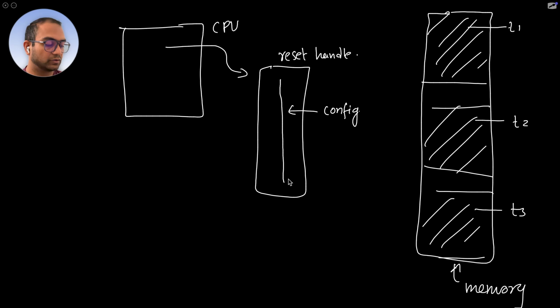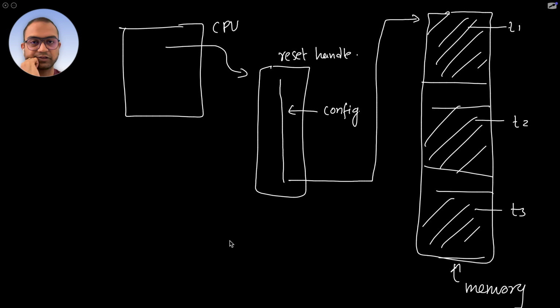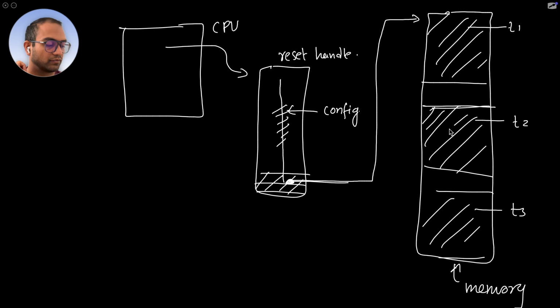When we do that configuration, we first jump to T1 somehow. Actually, we may not necessarily jump from the reset handler, although that's a possibility. But the idea is we do some configuration and then jump to T1. And because of this configuration, somehow after some time, the CPU will have to do the switching from T1